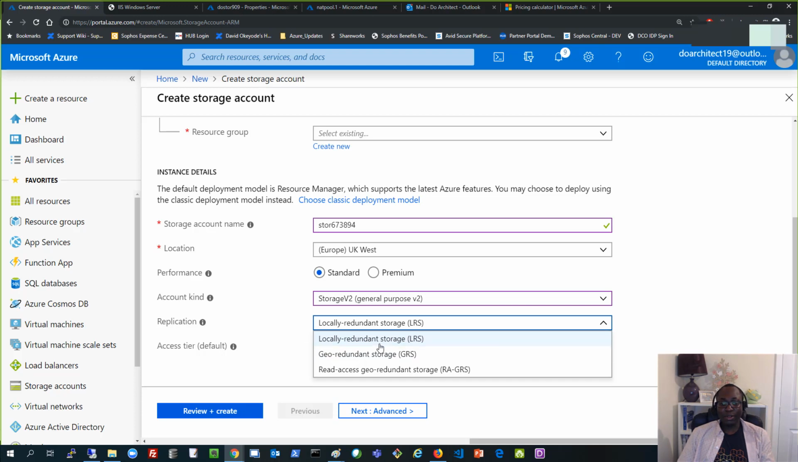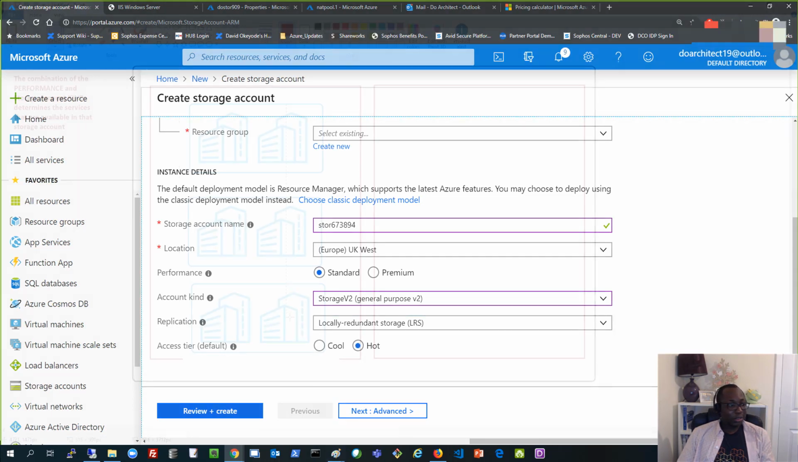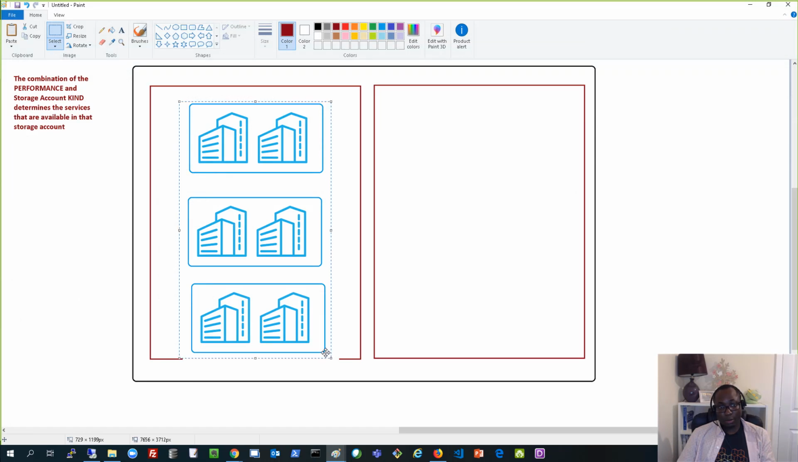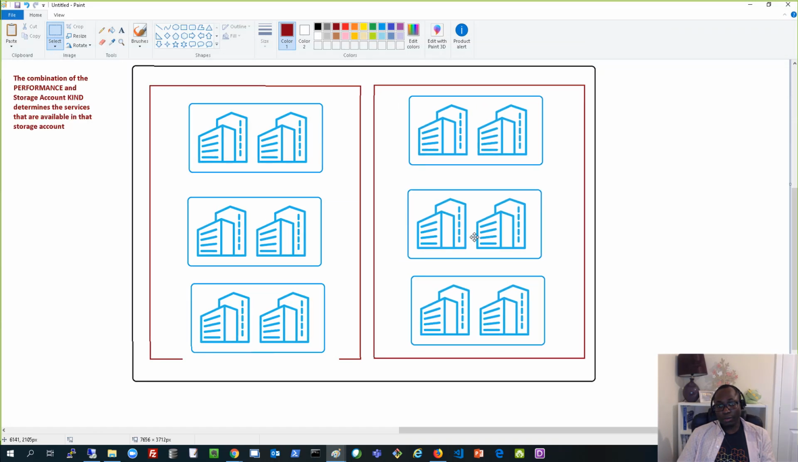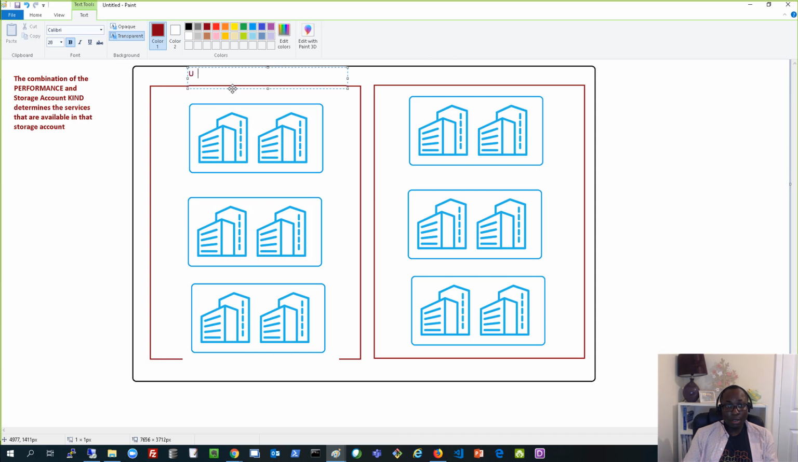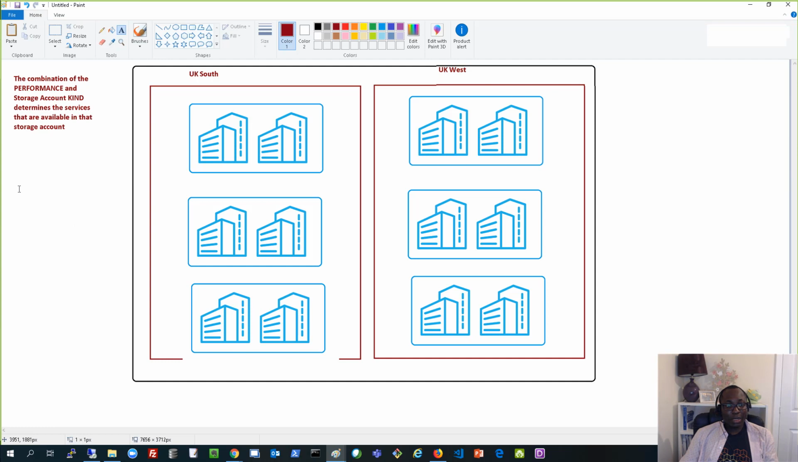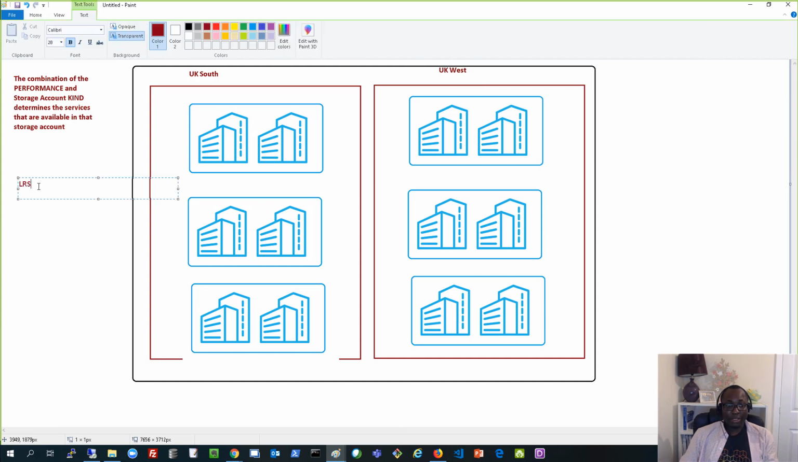What does that mean by locally redundant storage? Here's what that means. Okay, here we go. That's our regions and our availability zone. So that's UK South and UK West in the UK geography. So here's the thing: if I select locally redundant storage, LRS, what it's going to